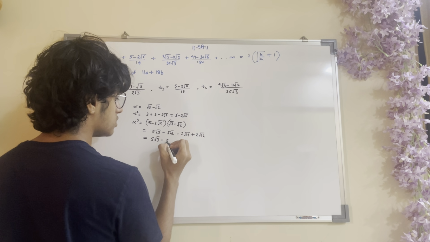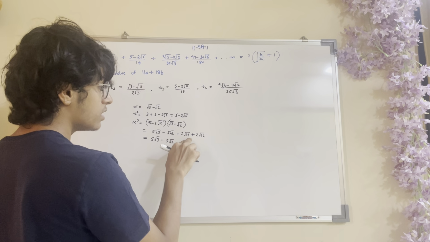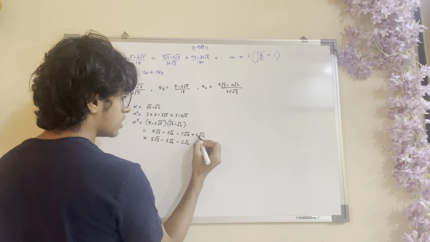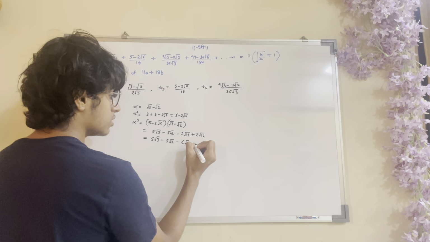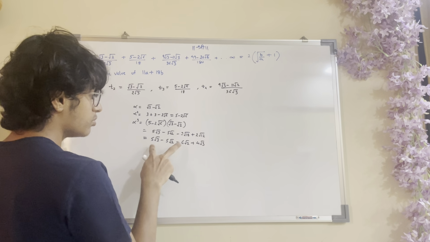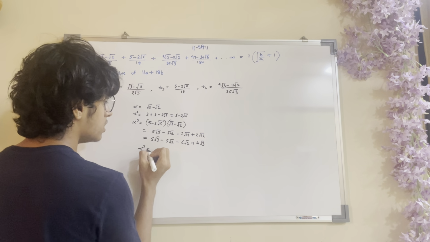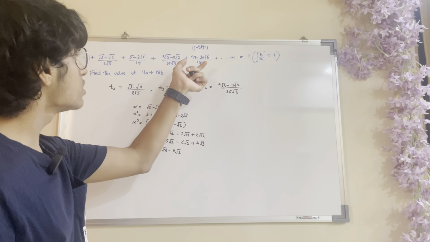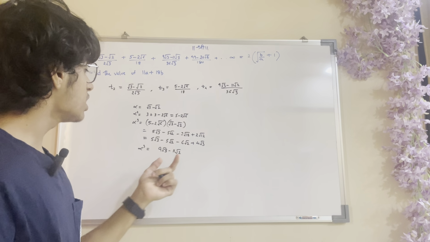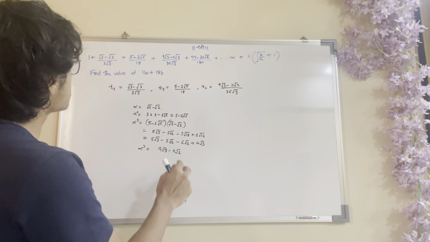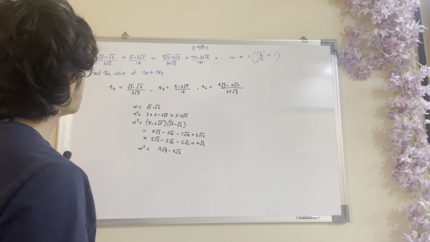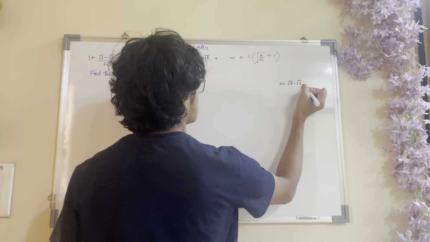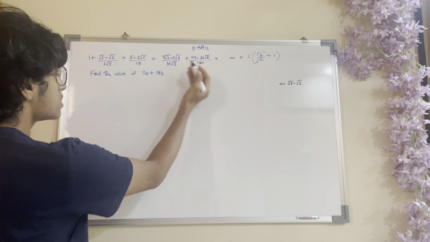5 root 3 is as it is, 5 root 2 is as it is. Root 18 can be written as 3 root 2, so 3 will come outside of the root, that will give us 6 root 2. And here root 12 can be written as 2 root 3, so 4 root 3. On simplifying this, we will get alpha cube equal to 9 root 3 minus 11 root 2. So we know that the next term will be, that is 49 minus 20 root 6, alpha power 4. Though we don't have any pattern for the denominator, for now we know that the numerators are increasing powers of root 3 minus root 2.